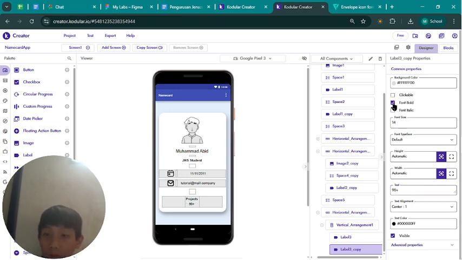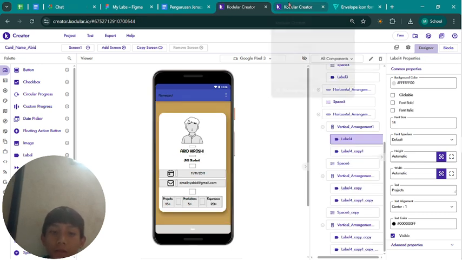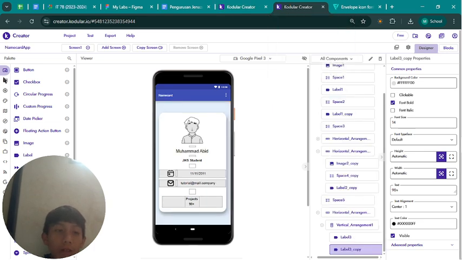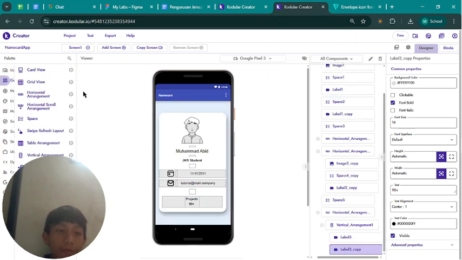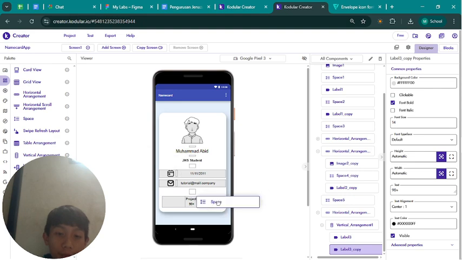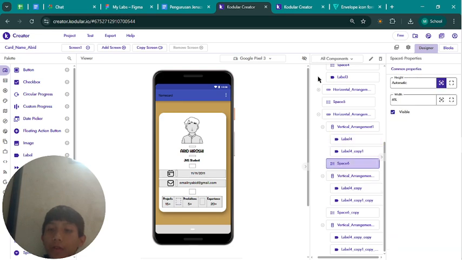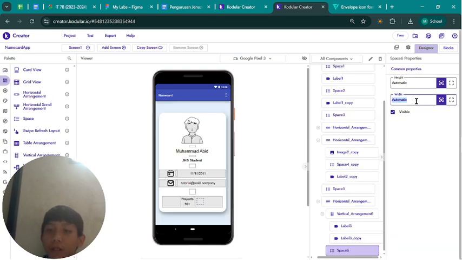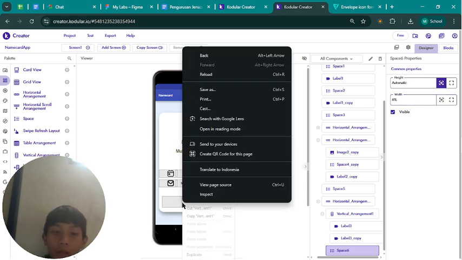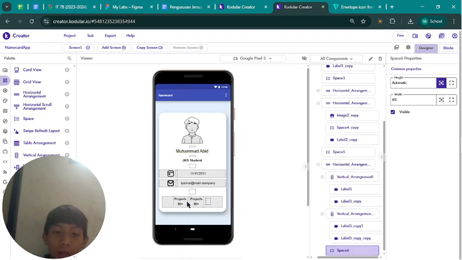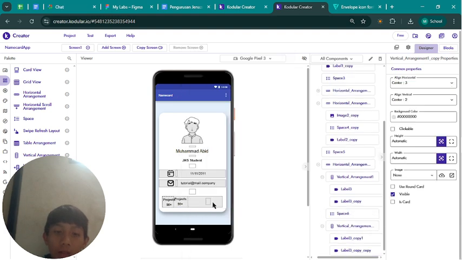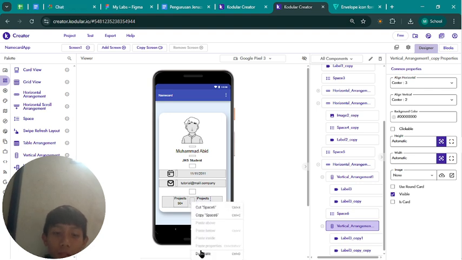Plus, then you add space beside the first vertical arrangement, and for the space change the width to 6%. Then you can just duplicate the vertical arrangement and move it beside the space and do it once again.